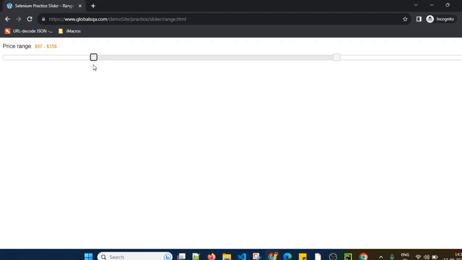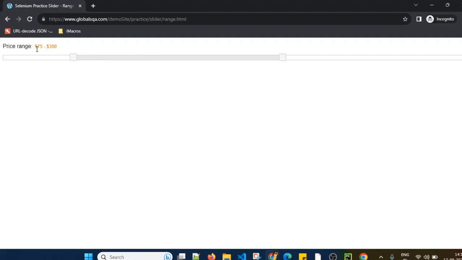We have to remember that if there is a vertical slider, we have to change the y coordinate and not the x coordinate. So now let's see practically what we will do after this page loads. We will open this website using a Selenium automation script. We will get the location of this minimum slider, and the location of this maximum slider. Location means it will give us the x and y coordinates. After that we will use one method and try to move both the sliders.